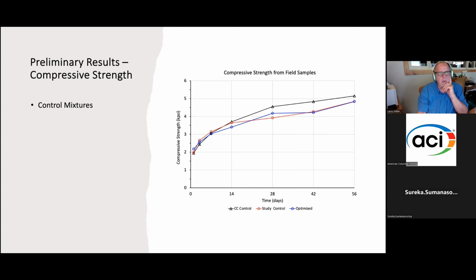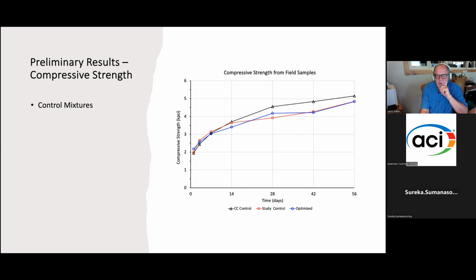The other thing to keep in mind when you're looking at this data is that really none of these mixtures were optimized for paving. Every one of these mixtures, if we'd spent a little bit more time with it and really optimized it for paving, we would have seen a much different performance, I think, and much better performance. And that's not to say that what I'm going to show you is bad. What I'm trying to say is that when you say, well, maybe it could have been a little higher, the answer is, yeah, maybe it could have. And more than likely, it's because of the lack of optimization that we did in the study.